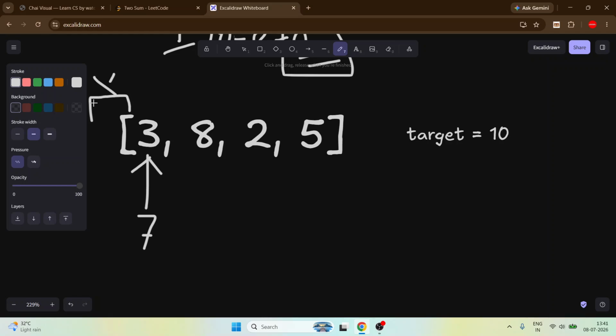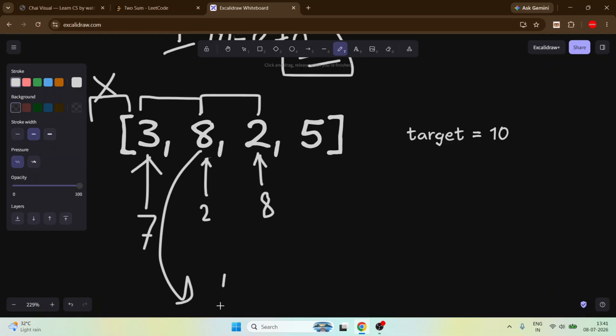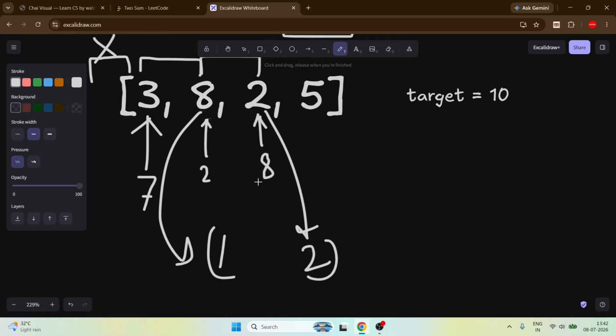No, not present. Then 8. In 8, how much do we need? We need 2. Does 2 exist on this side? No. This is 2, so 10 minus 2 is 8. Does 8 exist on this side? Yes. Get the index. The index is 1. Get this index. The index is 2. This is our answer.